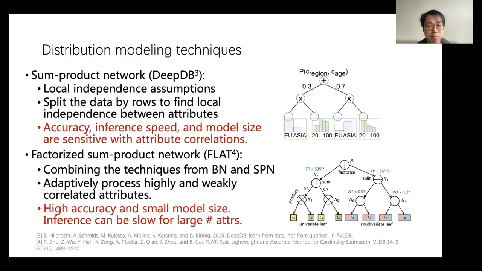Another distribution building technique is sum product network used by DeepDB. They have a local independence assumption in a sense that they split the data by rows in order to find local independence between attributes. And when such independence is found, they build a one-dimensional histogram to capture this distribution. Its accuracy, inference speed, and model size are in general pretty good, but in the case of highly correlated attributes,